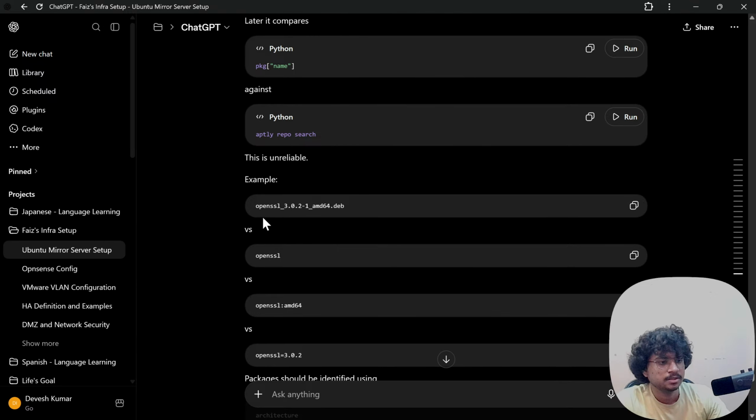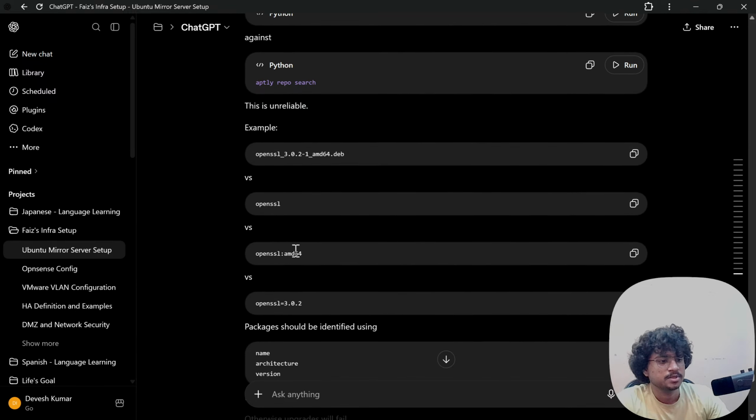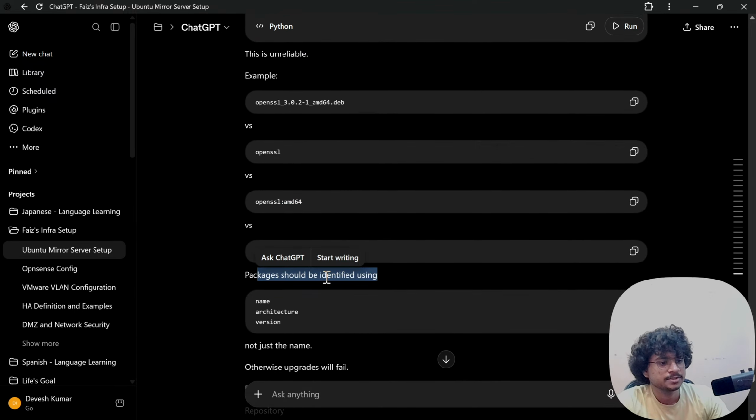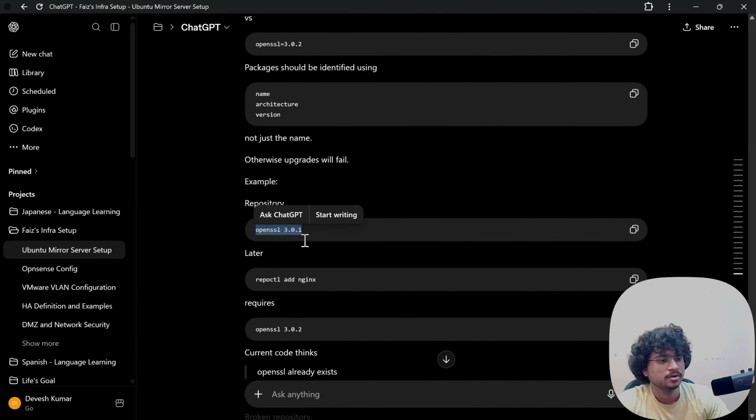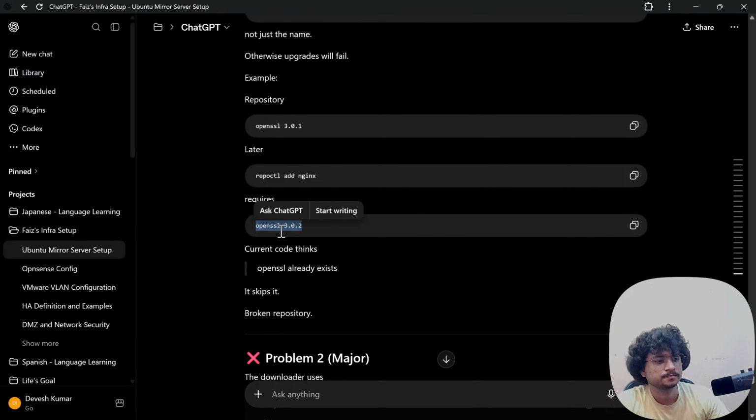For example, let's say I install this versus OpenSSL, amd64 or some other version. Packages should be identified using name, architecture, and version, not just the name. Otherwise, upgrades will fail. For example, here, Linux.